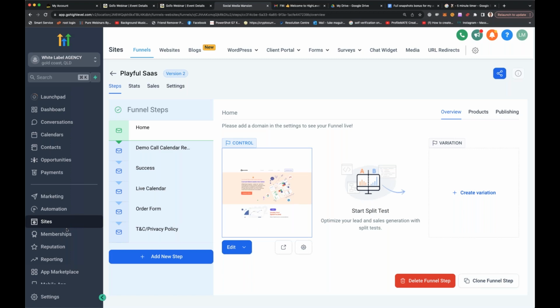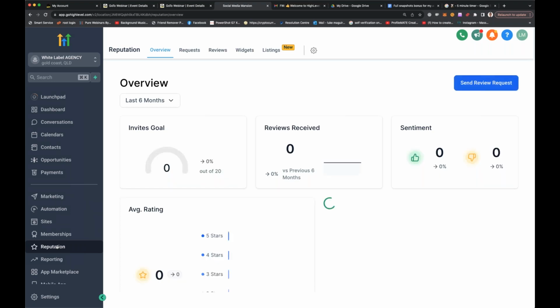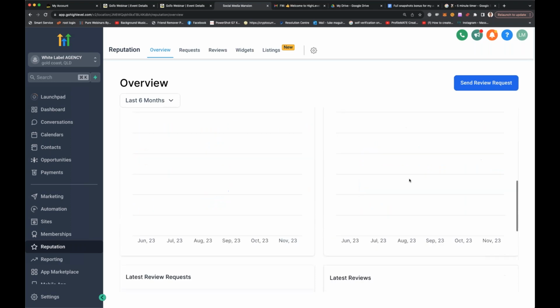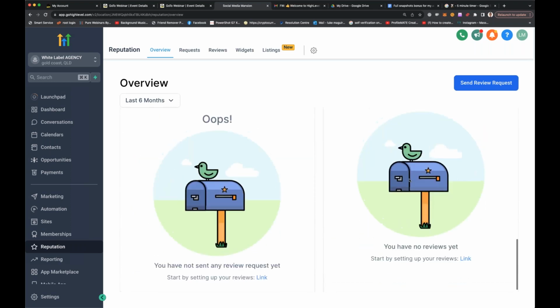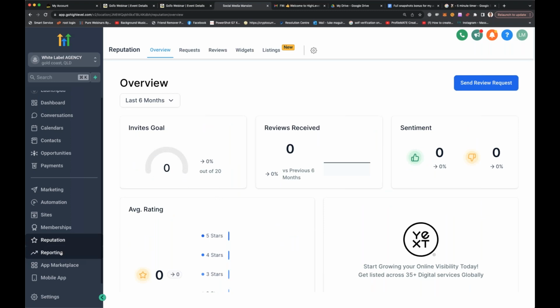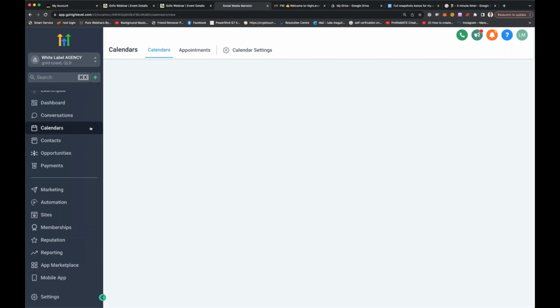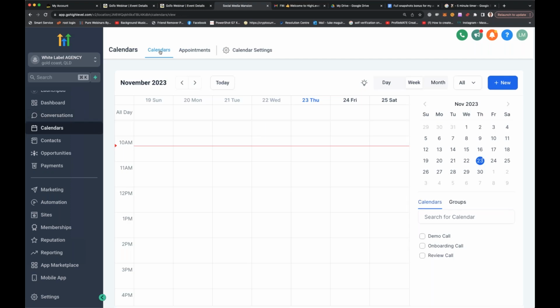Let me also just quickly show you down here as well. There's some review setups and here, again, when you activate Yext listing for your business, it's worth just doing all of this for your own business itself. Conversations, calendars, they should be set up in here for you. Calendars,